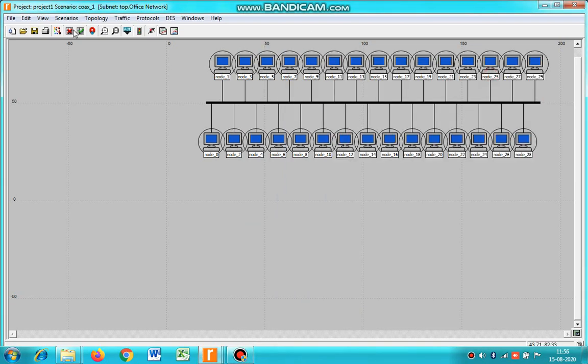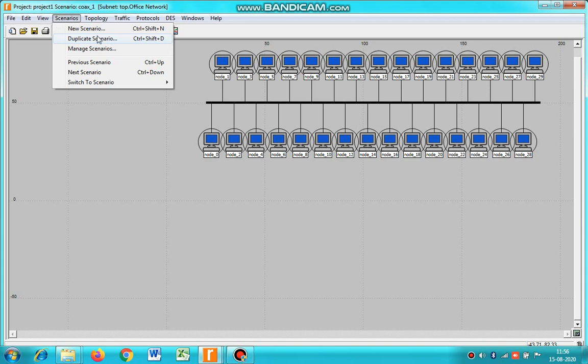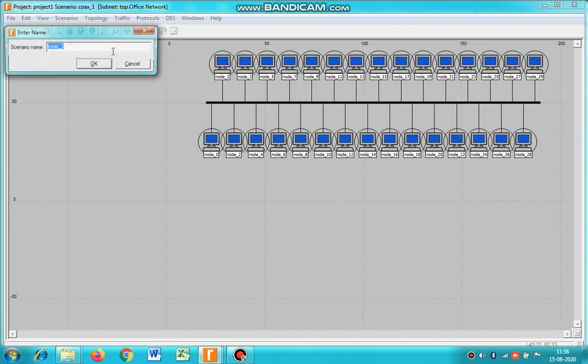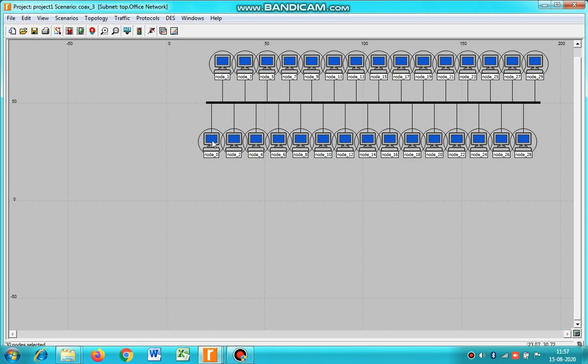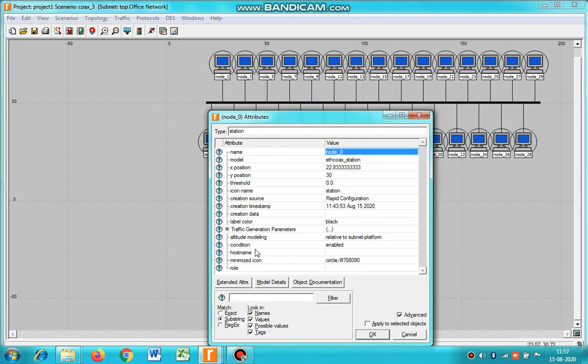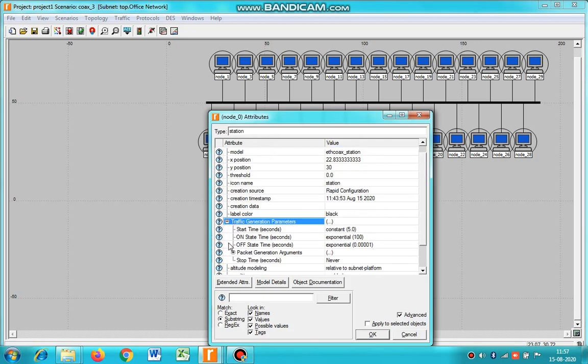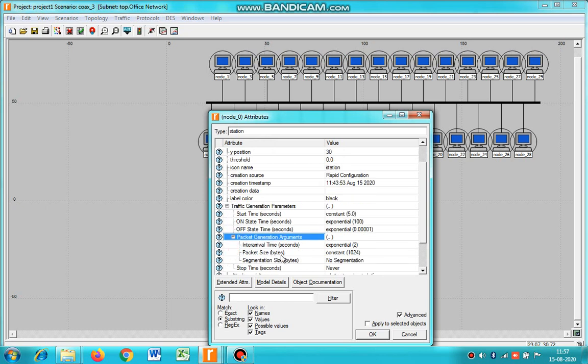After running the first one, we have to create a duplicate scenario here. Go to scenarios, select duplicate scenario, name this as coax_3. Select similar nodes, edit attributes, go to traffic generation parameters, and then packet generation arguments.